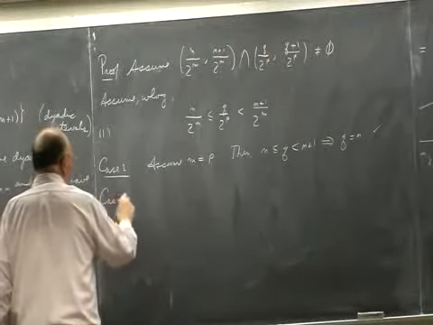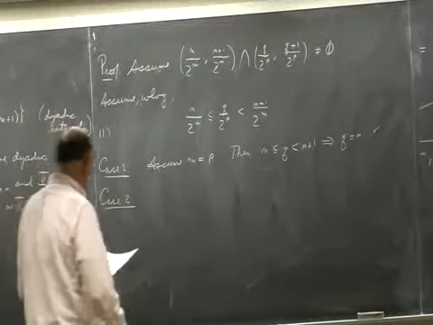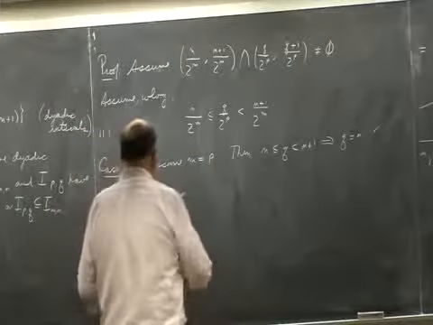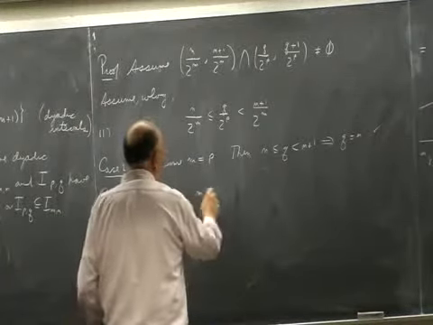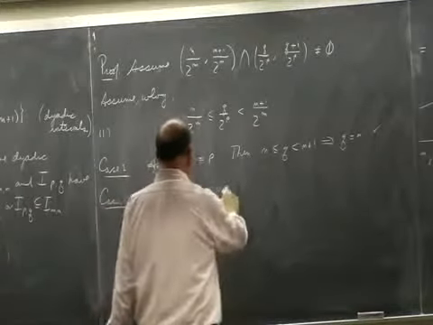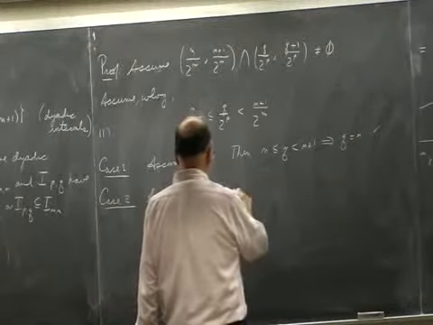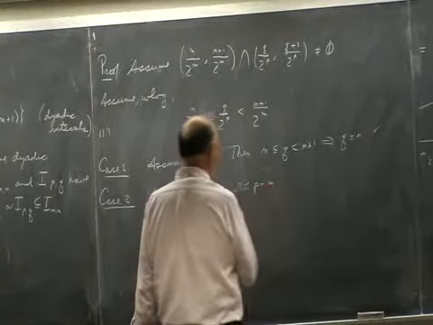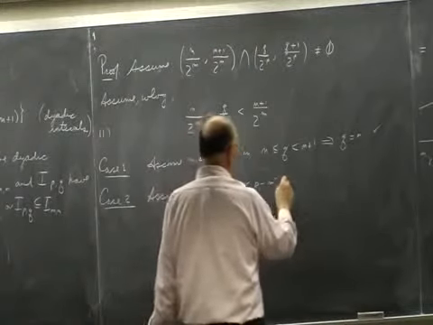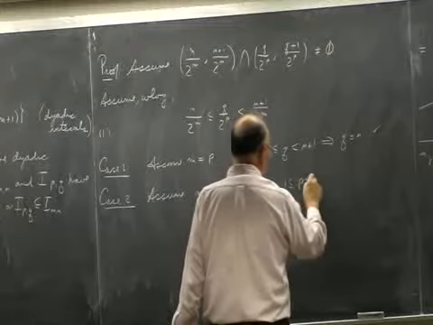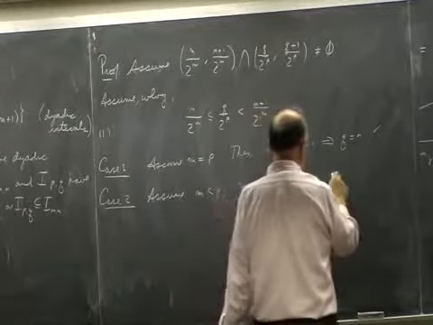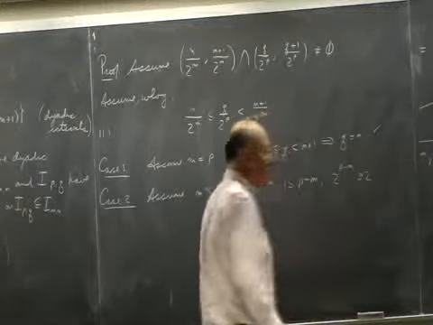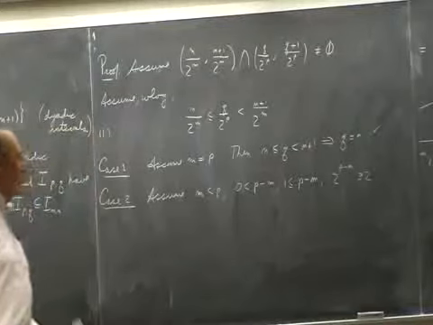Case 2, assume m is less than p. So if m is less than p, then we have that 0 is less than p minus m, and so 1 is less than or equal to p minus m, and so 2 to the p minus m is bigger or equal to 2. And so therefore,